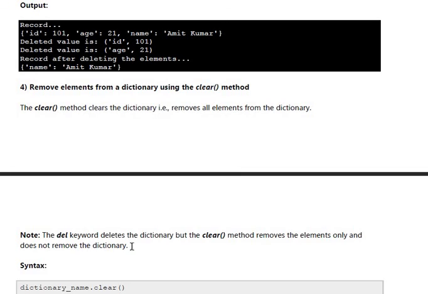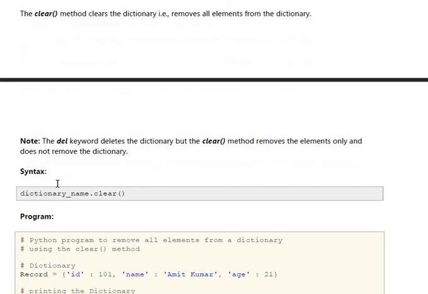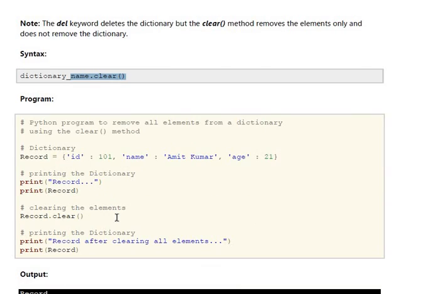The del keyword deletes the dictionary, meaning the structure of the dictionary. But what is the clear method? The clear method removes the elements only. It is not removing the structure. So by using the clear method, we can remove the elements and the keys, but we are not removing the structure.